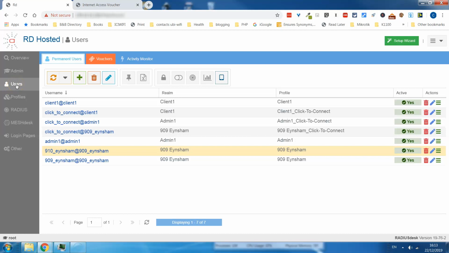So here we are on the user management screen. Let's look at these top tabs. We have permanent users, we have vouchers, and we have activity monitor. On the next layer of tabs we have refresh the screen, add a permanent user, delete a permanent user, edit, add notes,